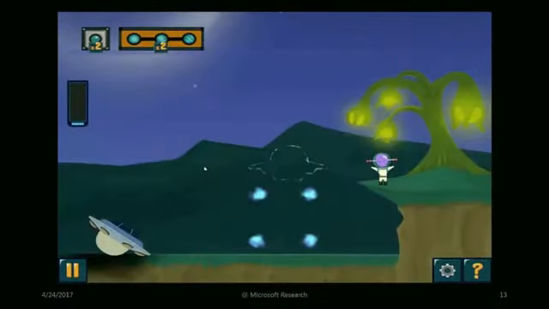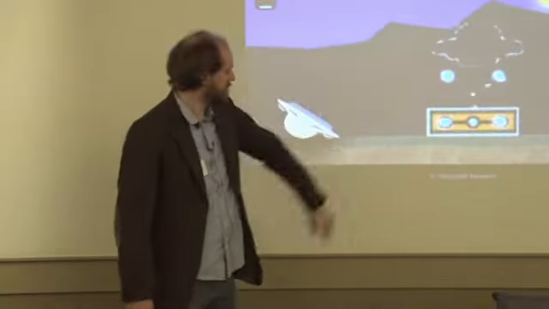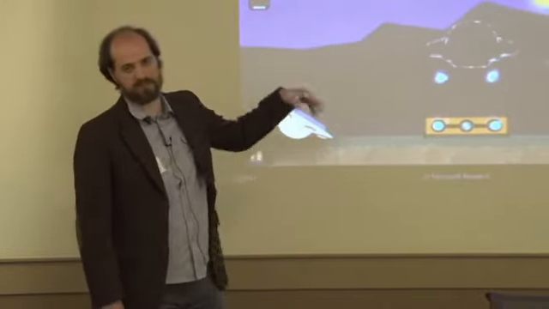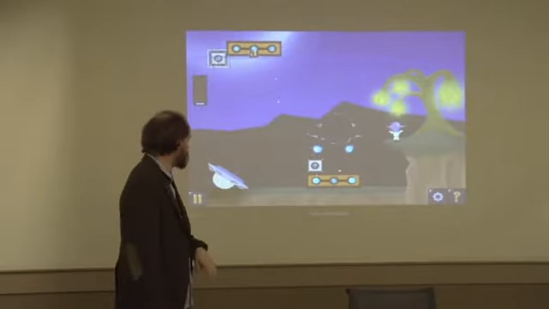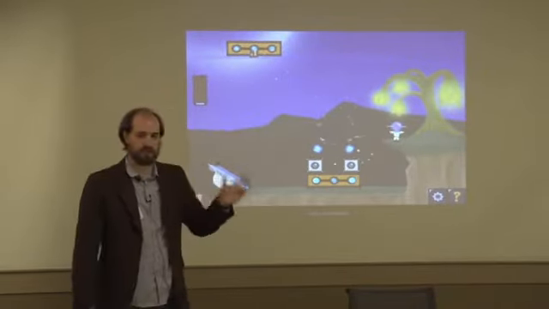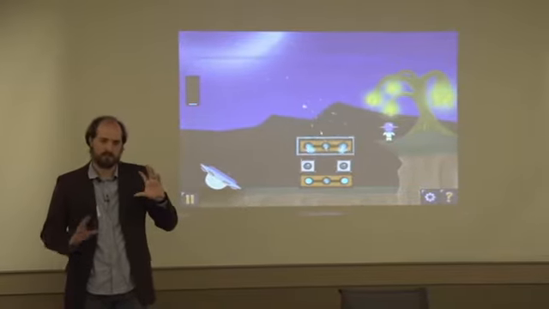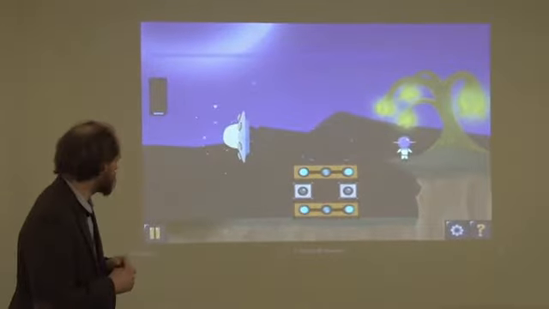And so the way the game works is players are trying to build a block tower using a palette of blocks that can cover a series of energy dots to power the alien spaceship so he can fly away. They're trying to save the alien off to the side, so that's the narrative purpose. But what this gives players the ability to do is look at the implications of their structural design choices as they build a tower, playing with the notions of stability.